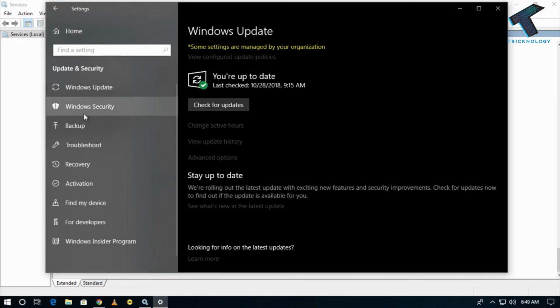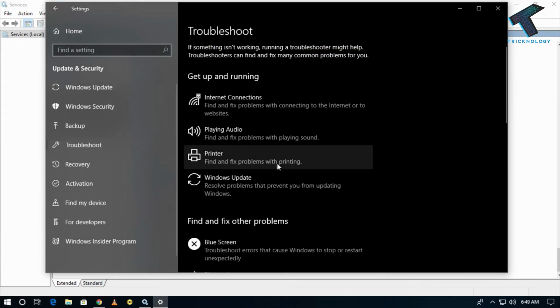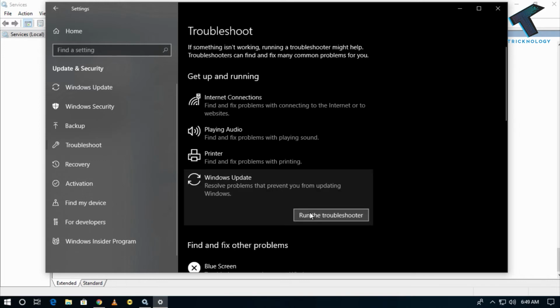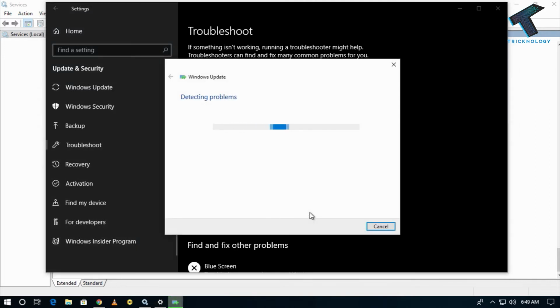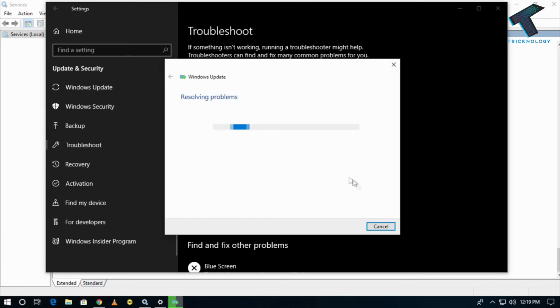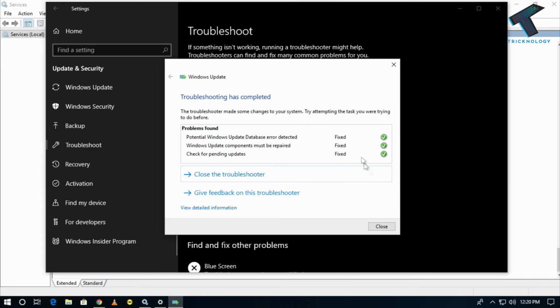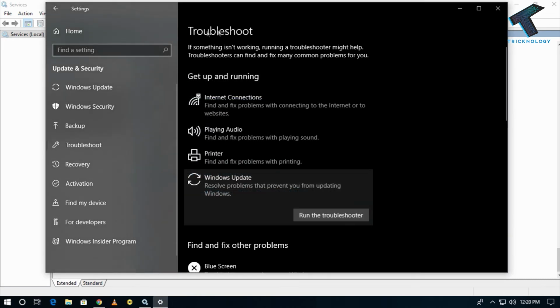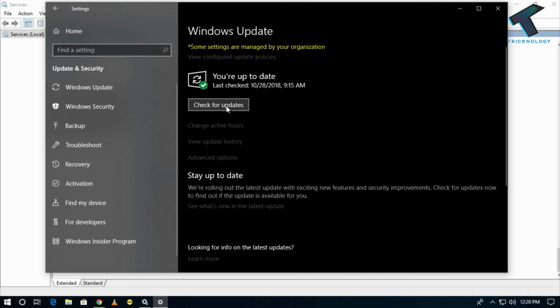option, and after that click on troubleshoot option, and now click on Windows Update and click on run the troubleshooter. So after that you have to click on apply this fix. Okay, so as you can see it's fixed. So you have to close the window, and after that go to the Windows Update and click on check for